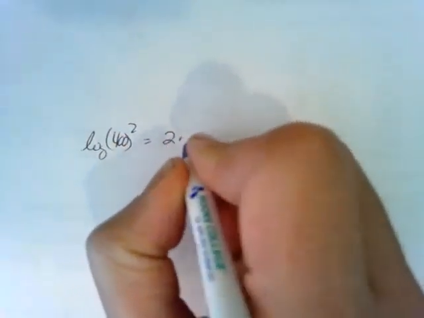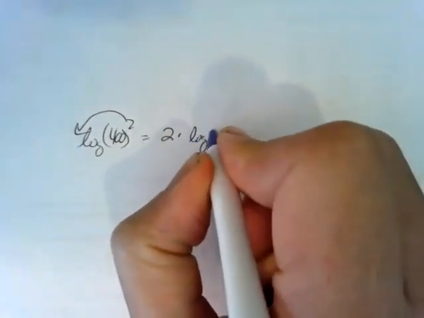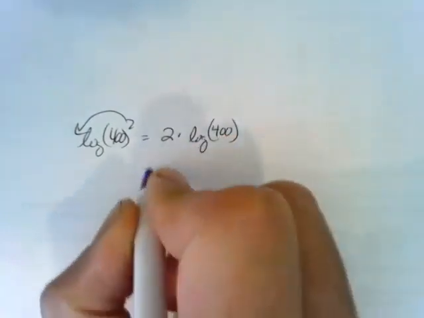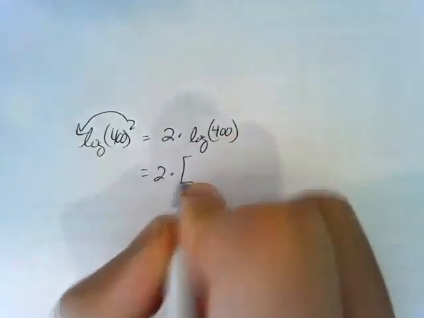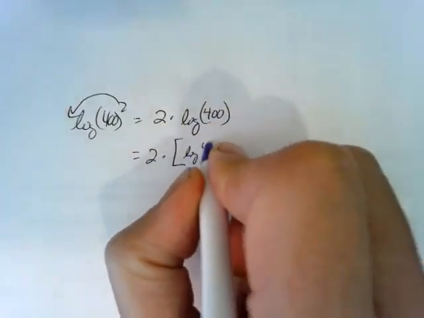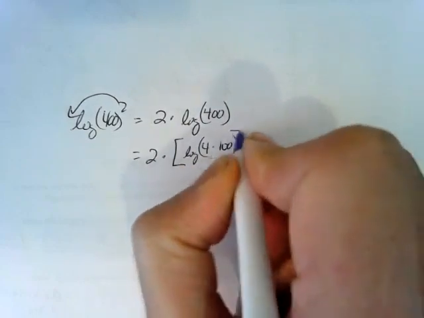I'm going to turn this over, give myself a little bit more room. The log of 400 squared, okay, that's going to be 2 times, because remember the 2 comes out. That gets us log of 400. Well, that's going to be 2 times, and notice here the liberal use of brackets and parentheses. This is the log of 4 times 100,